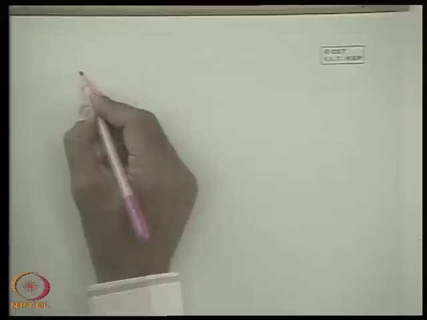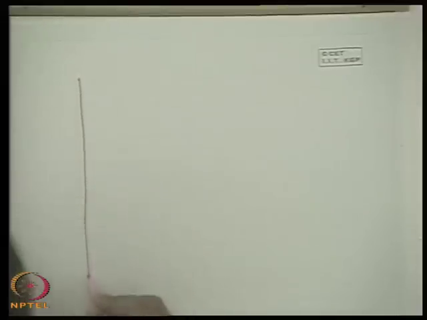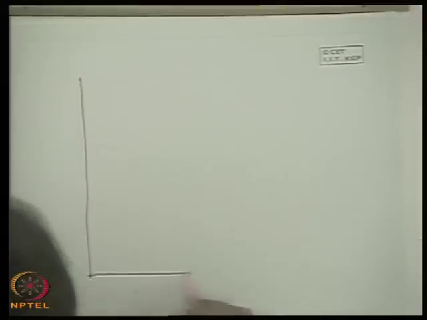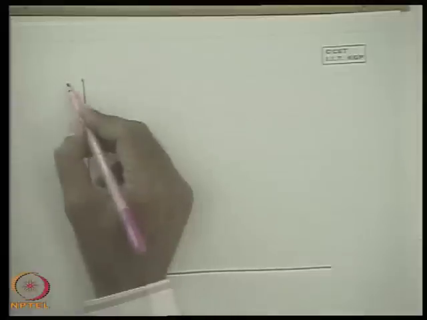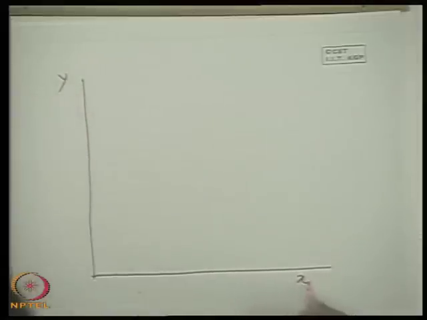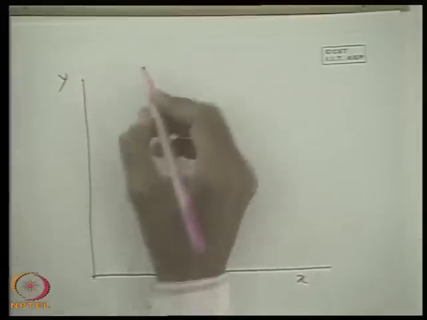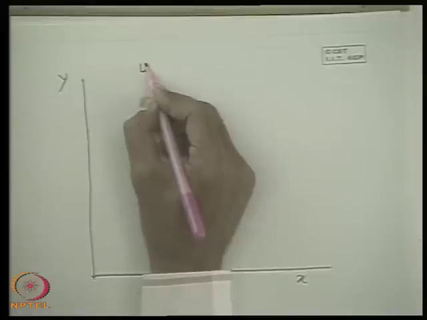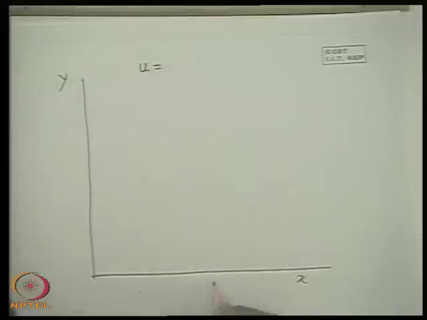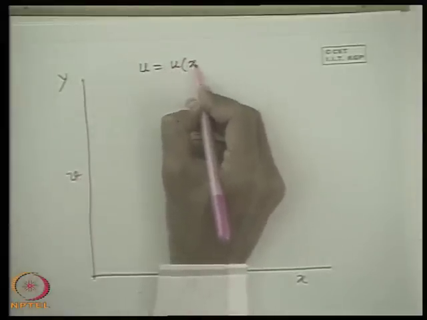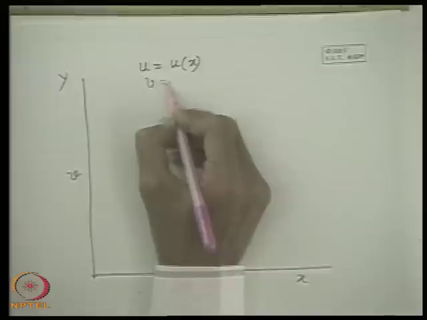Now next consider another simple case. The earlier one was the simplest case. Now we give a little restriction. That means let us now consider a situation where u, the x component of velocity, is a function of x only and v, the y component, is a function of y only.